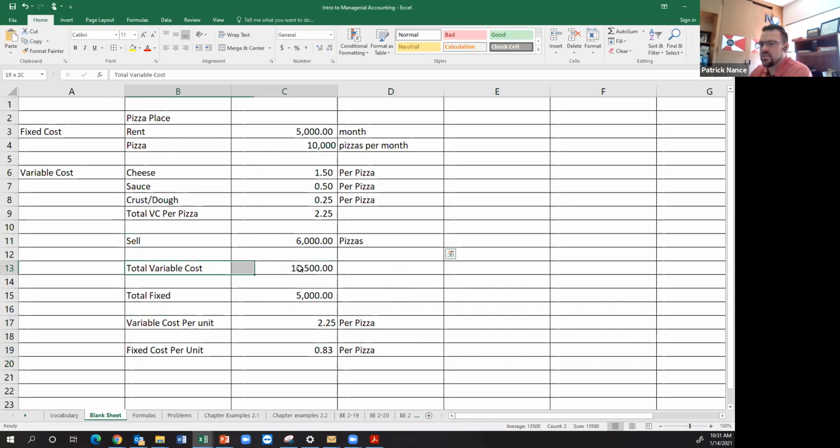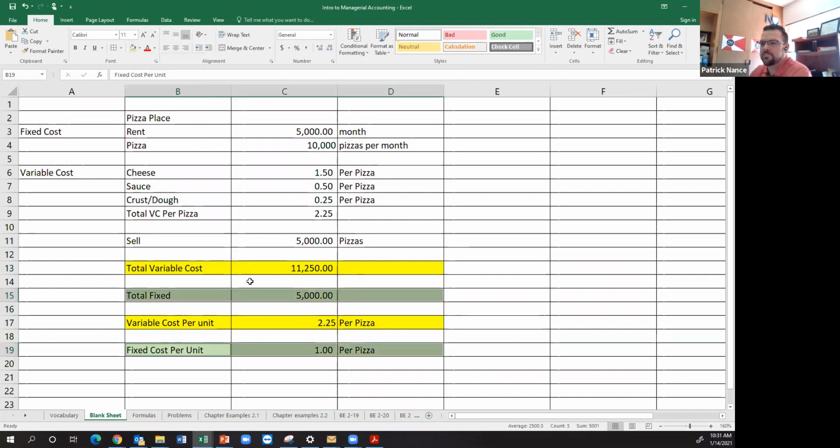So I'm going to highlight those: my total variable cost and my variable cost per unit. If I change this to 5,000 pizzas instead, notice this went down. It was 13,500, now it's 11,250, but my variable cost per unit did not go down. Now to highlight these separately,